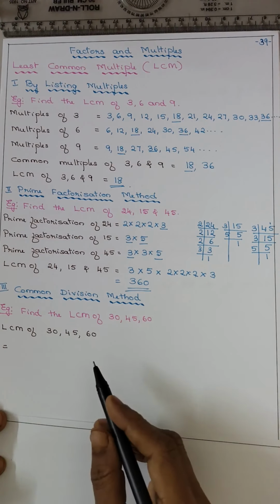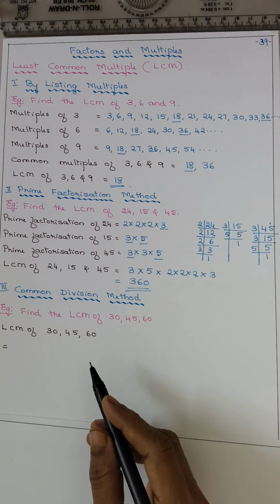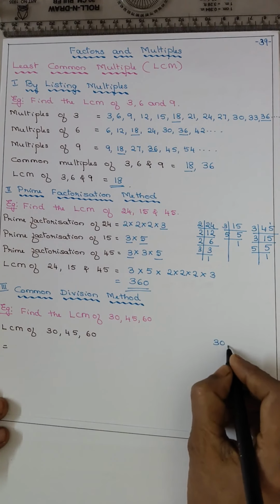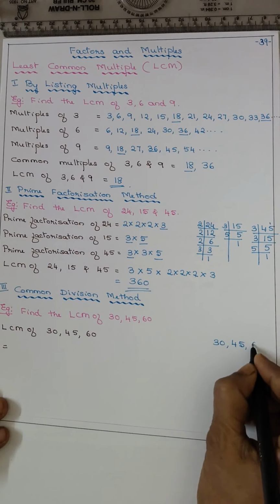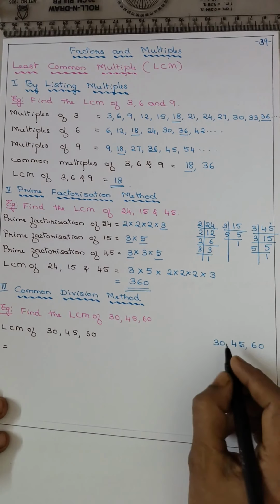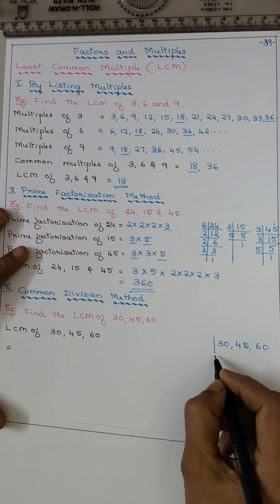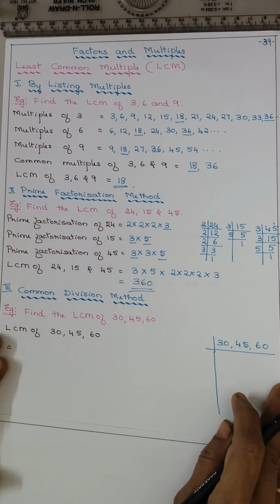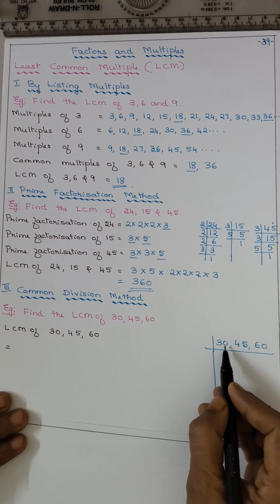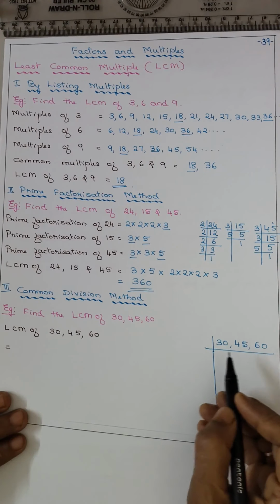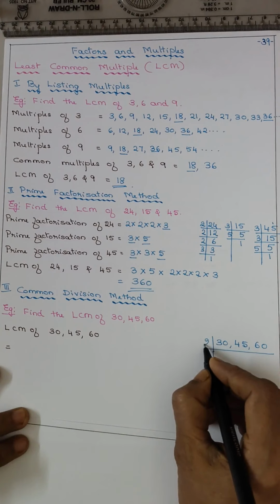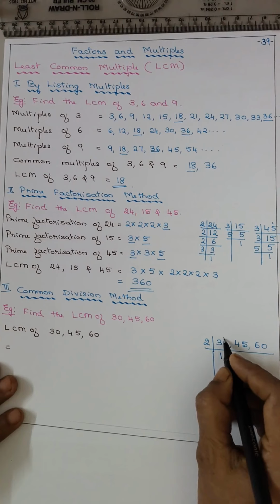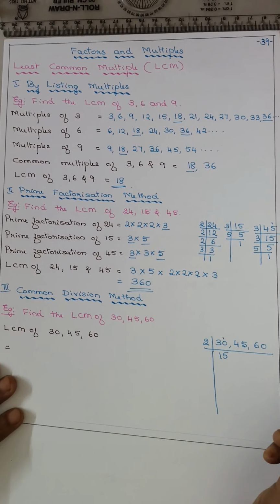Is it okay? Now coming to common division method, which is the most commonly used. So what is the method? First write all the 3 numbers together, 30, 45, 60. अभी प्राइम फैक्टराइजेशन तीनों का एक साथ करने का है. यूज ओनली द प्राइम नंबर्स. सो 0 0 इवन नंबर्स तो 2. 2 1s are 2, 1 remain, 2 5s are 10.